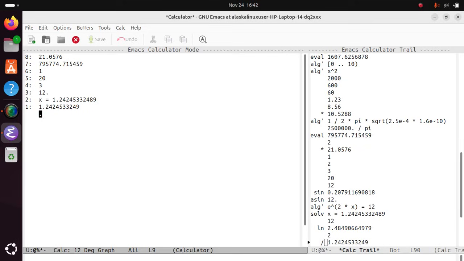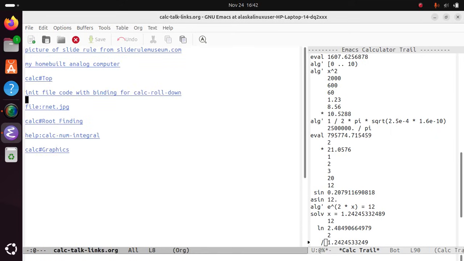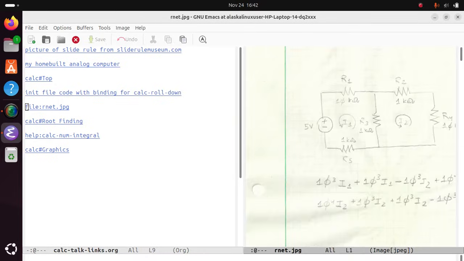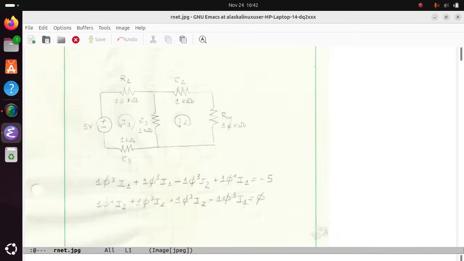Calc is also able to solve systems of equations. So we can put more than one equation on the stack and then solve for several variables. To give a technical example for this, I'll show you a resistor network scribble that I did recently. Hopefully you can see that, but basically it's a